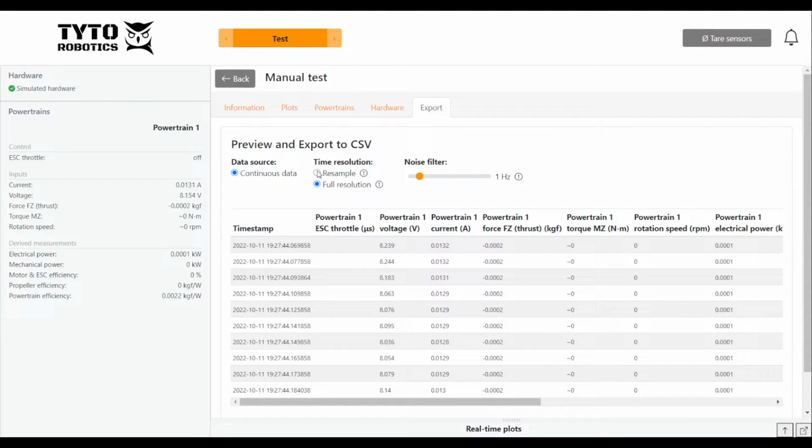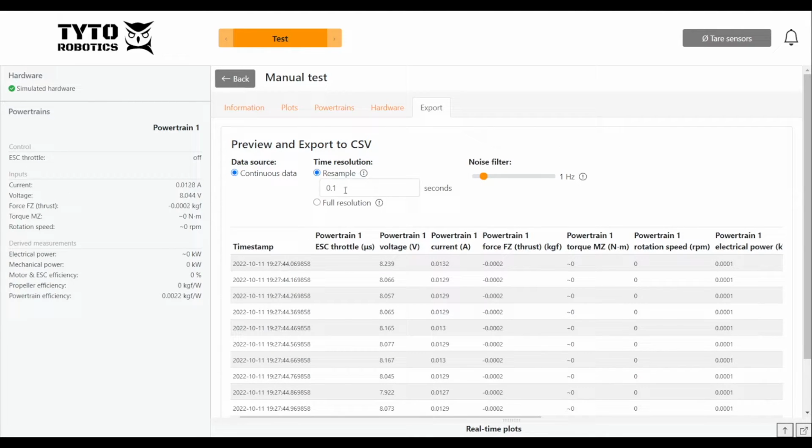But if you'd like to resample it, click here, and the default is to provide a sample at every 0.1 seconds, so 10 per second. But if you want to have 100 per second, for example, we can adjust the resampling rate. If you want 50 per second, same thing. And you can really put in whatever value you want here. It is really customizable. The only limitation is that you can't increase the sampling rate above the limits of your